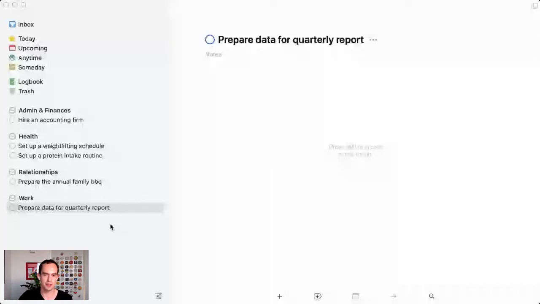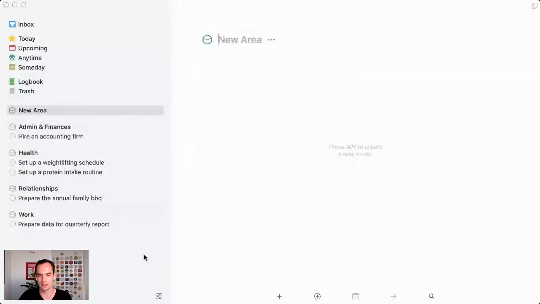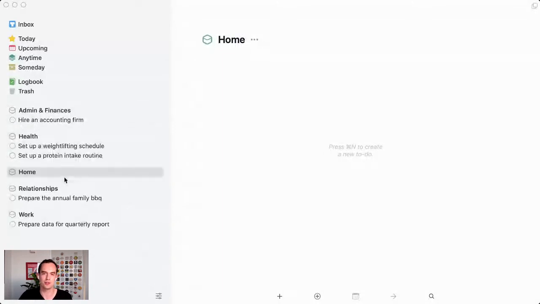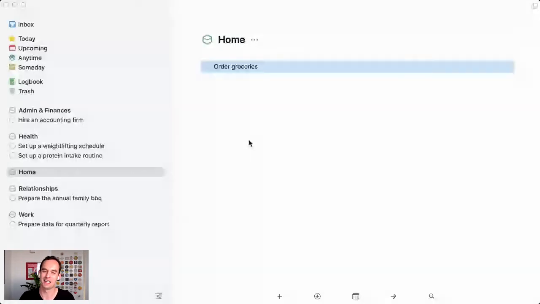And when you set things up this way, like I said, sometimes you'll find a task that is really a task, not a project in itself. So for things like that, often it's good to think of yourself as a homemaker as well, or someone who takes care of your house. You might have a home one. So a lot of these home tasks might be like order groceries. These days I like to have my groceries delivered, so I don't have to go into the grocery store where there are lots of other people, which lowers my chance of getting COVID. That's something really simple. I just do this all at once, not a project, it's a task. And so that just goes directly under the home area, okay?